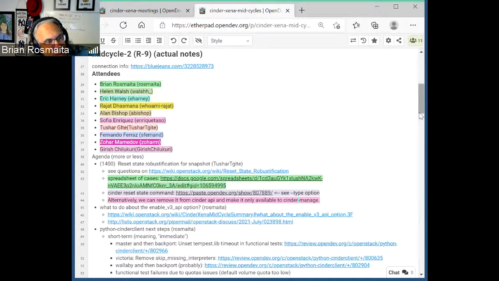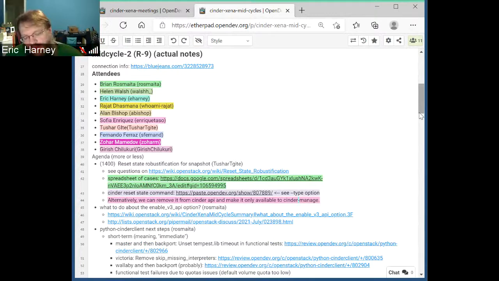So in that scenario, if they just say reset to available, it would fail because there's still attachments. But if you pass reset state available, attach status detached, which is one of the options that exists now, that one could conceivably go force detach the attachments and remove exports or whatever, because that actually would make sense with what was requested.